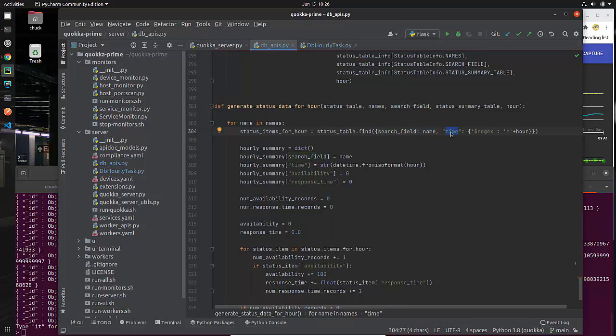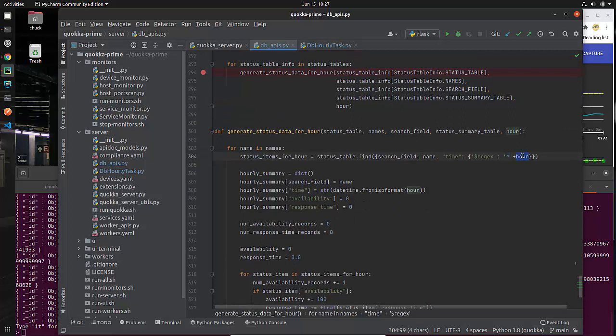And this time what I'm doing is I'm actually doing a regular expression. Why am I doing a regular expression? Because I want to match on this caret right here, which says I want to only match when the time starts with my hour. Now this makes it easier and much faster for the database to do it if it can do the comparison from the beginning of the string. If it was having to compare all characters of the string, of course, that would be worse. That's why we're doing the regular expression.